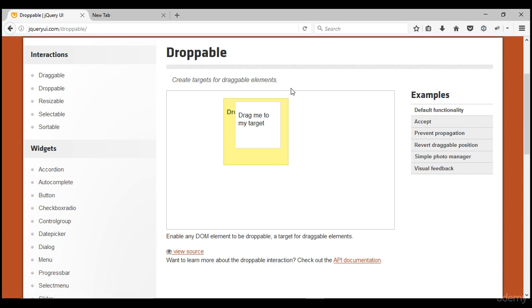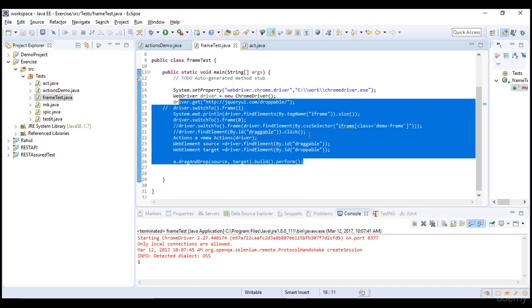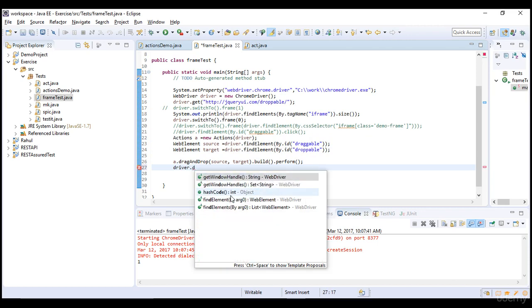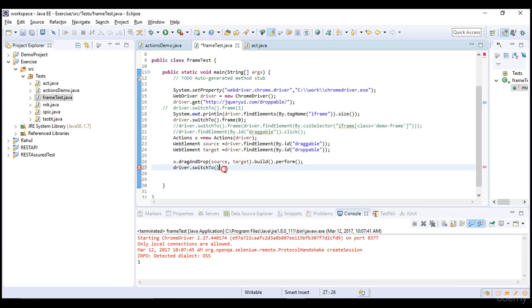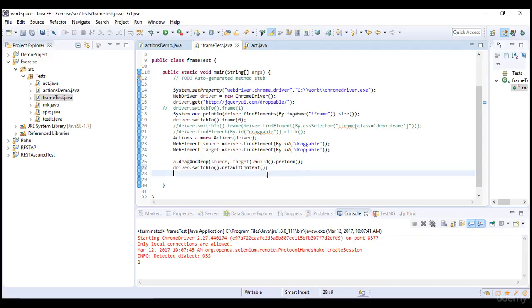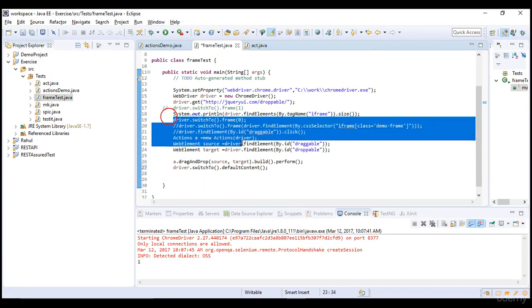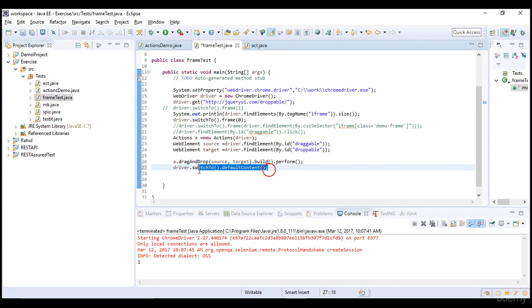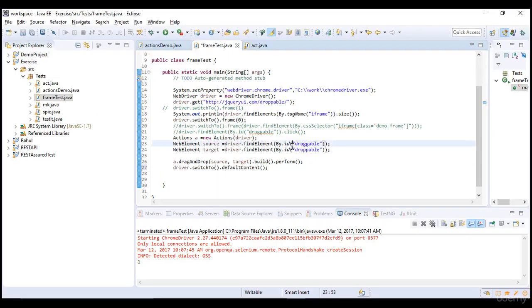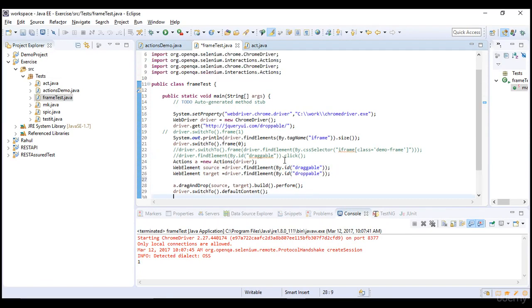To tell WebDriver to come back to the default content, you need to give this step: driver.switchTo().defaultContent(). Then it comes back to the normal window and it identifies elements. Make sure you give this step once you are done with all your actions on that frame component. And again, you can come back like this and do normal operations just like what you do here, like if you want to click and everything, right? So that's pretty much about frames.